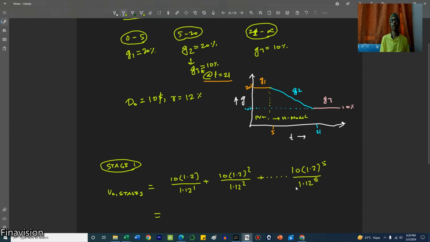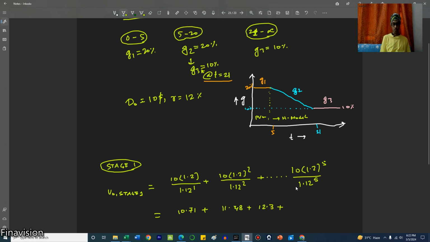Let's quickly calculate the value for this, guys. 10.71 plus 11.48 plus 10 into 1.2 cube divided by 1.12 cube is equal to 12.3, plus 10